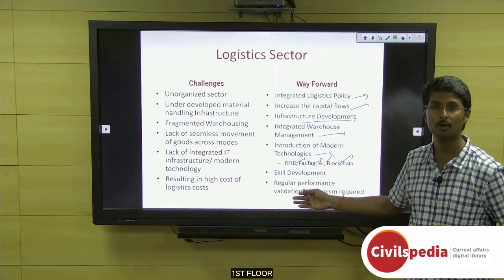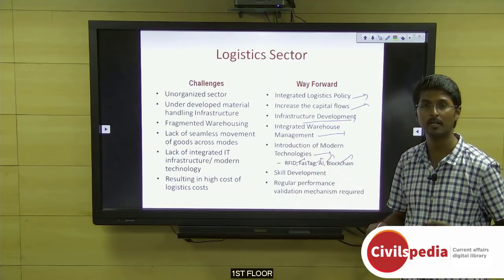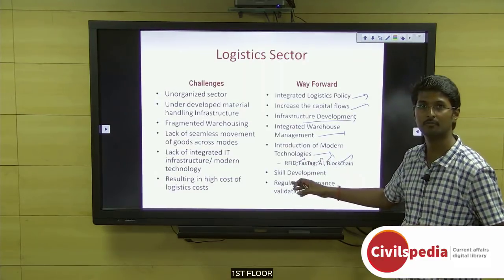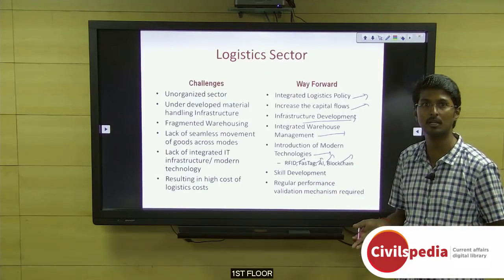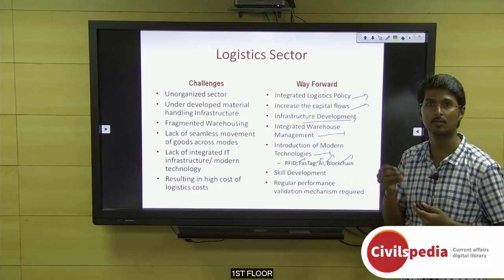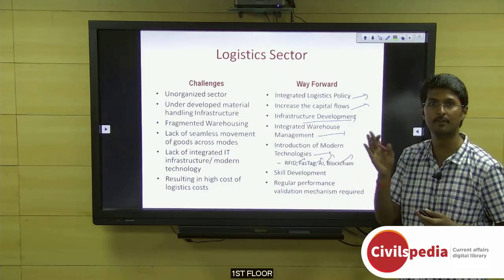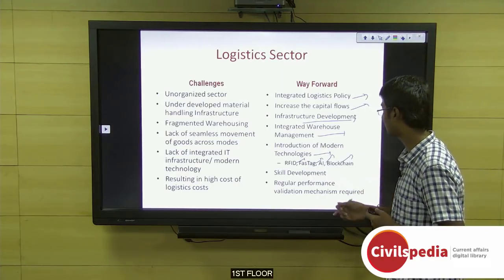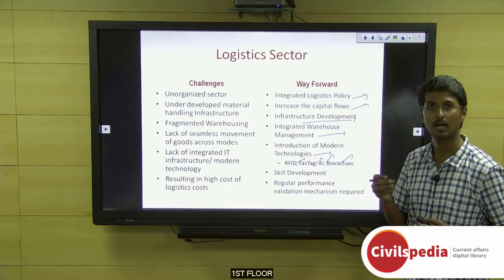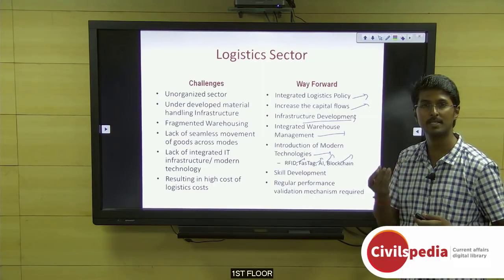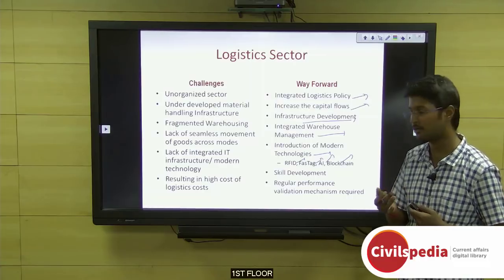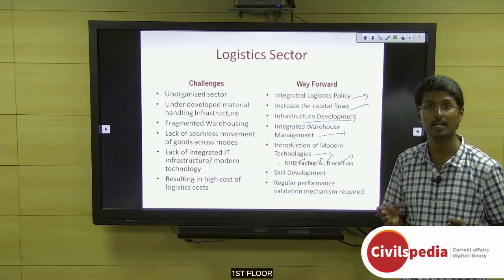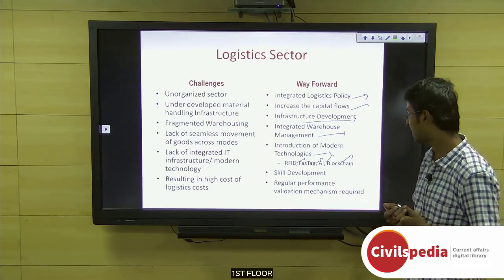If you see RFID, once they're coded or tagged to the final product, that particular product will be tamper proof, and its location and identification will be very easy, and it will also reduce the overall turnaround time of these logistics deliveries. So turnaround time is the time taken to deliver the logistics from the point of source to the point of consumption or the point of requirement. So the time taken will reduce, and artificial intelligence will help towards improving the logistics sector with lesser manpower and higher efficiency. And blockchain technology can be involved at places where there are multiple contracts for a particular business. So blockchain technology will help at that point.